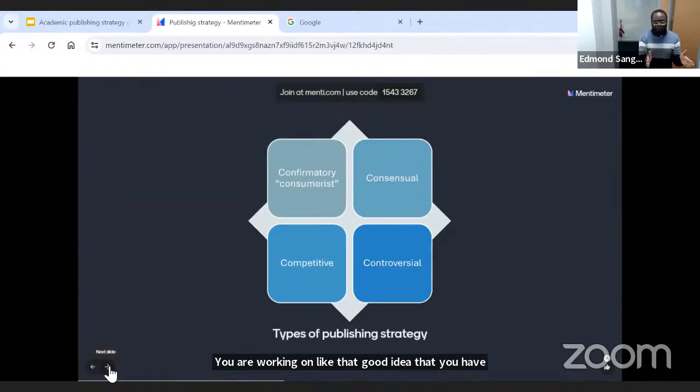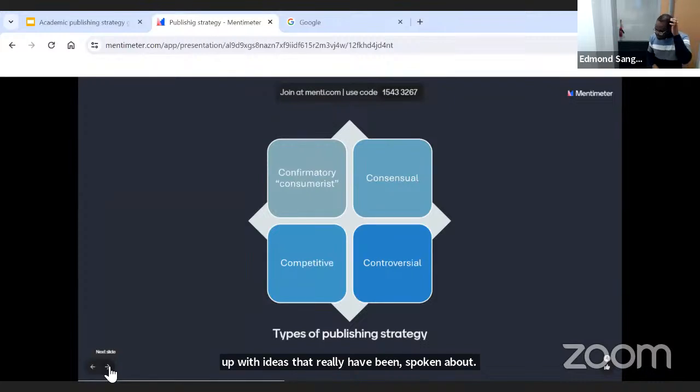So it's now a battle, a race to who's going to publish first. That's competitive publishing. It's really common in some countries where there is high stock towards being the first to report on something, right? So it's more of a competition. So it's probably breaking new grounds and everything. But the most breakthrough type of studies is controversial, where you are coming up with ideas that rarely have been spoken about, that very few people are talking about.